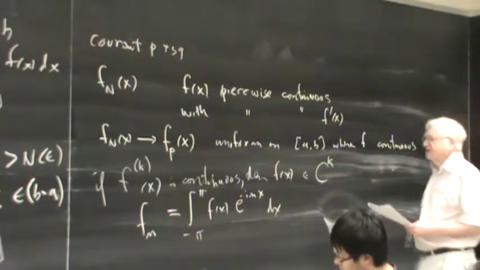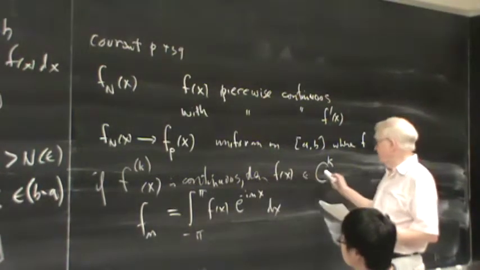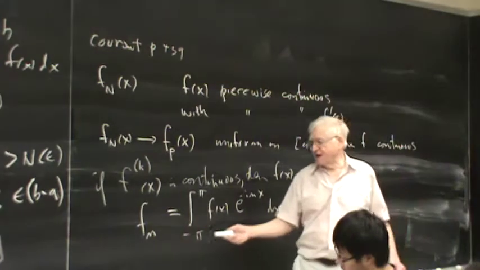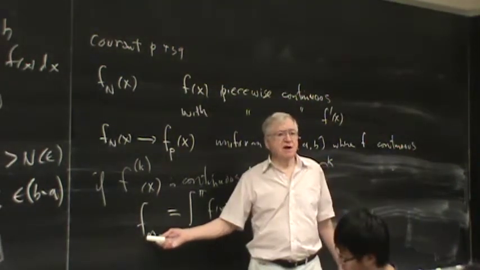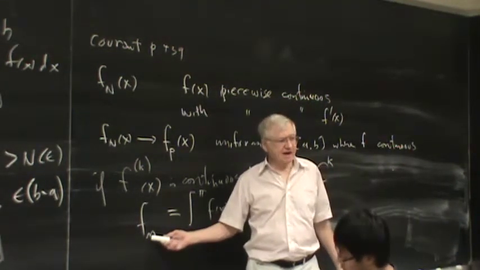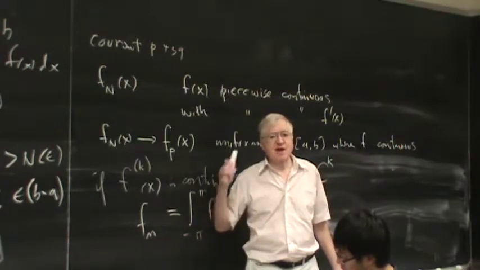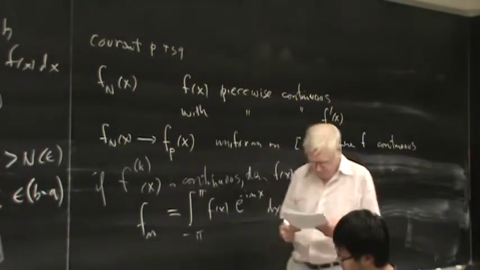And the question then is, if this function is in C^k, what can we say about how these coefficients shrink as n gets bigger? And that has to do with how well the series converges. And so,